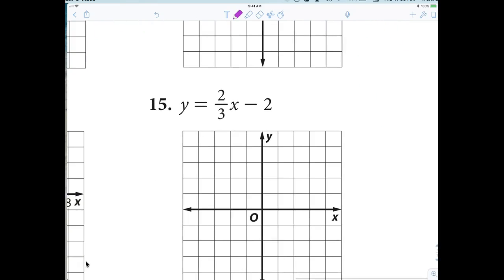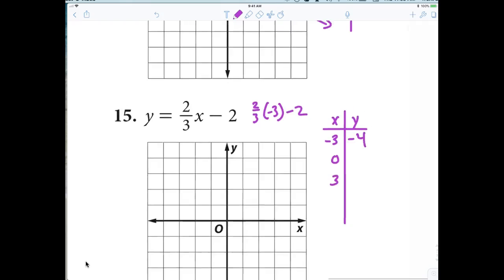Now, in this case, what am I going to make the x's? Nope. Why am I making them -3? Yeah, because that'll cancel out, right? So if I say 2/3 times -3 minus 2, who can tell me what that is? Come on, please, someone tell me. Come on, guys. -4,